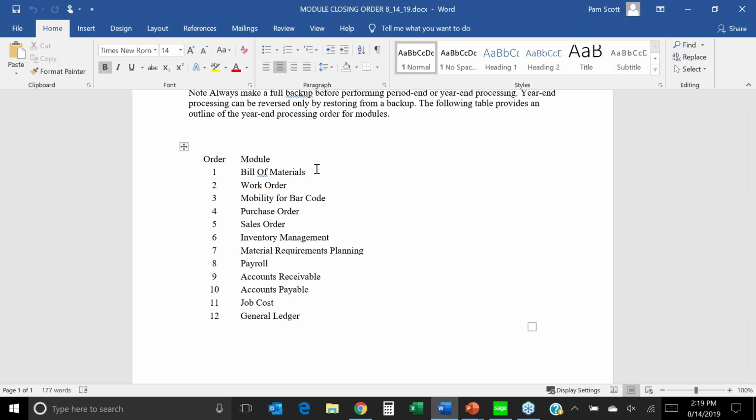We don't have a ton of folks that use bill of material, work order, or the barcode module. It wants to make sure you close purchase order before you close AP. You're going to close sales order before you close accounts receivable, and then you have your inventory. Payroll is listed